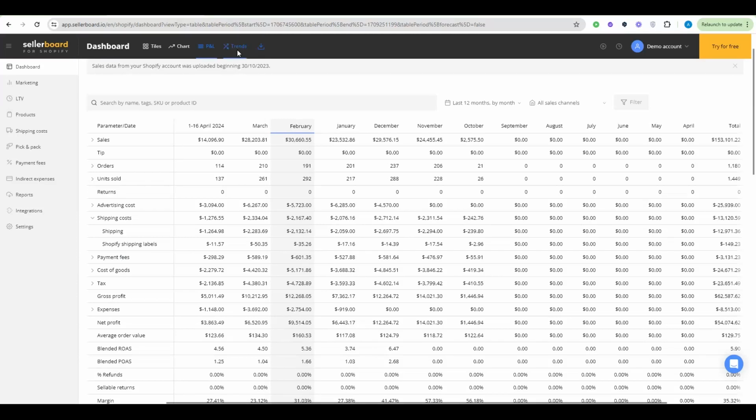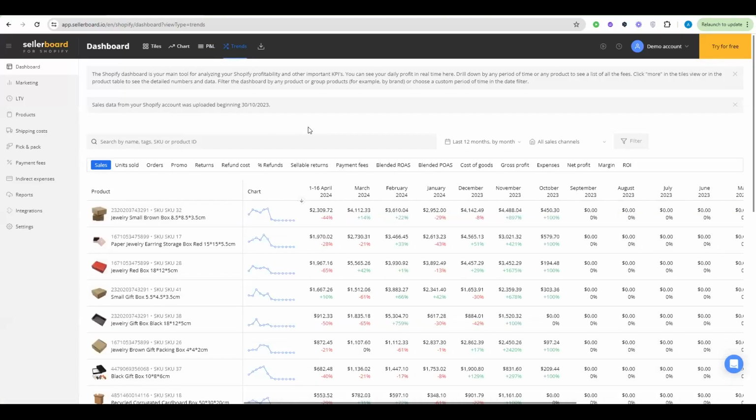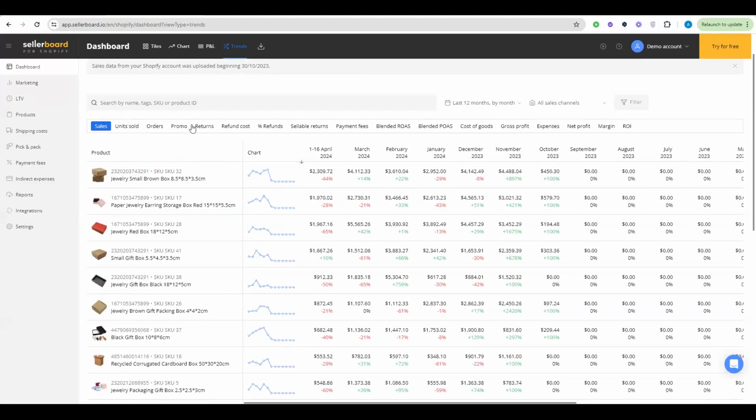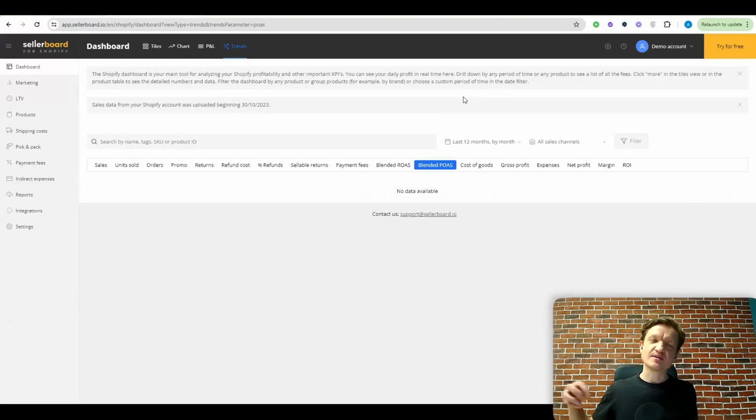And the last view is the trends view, which is basically a way of analyzing trends on a product level for specific metrics. What you will normally do is select a metric that you are interested in, like sales, units sold, returns, and so on. For instance, let's analyze the blended POAS, the profit on advertising spend.